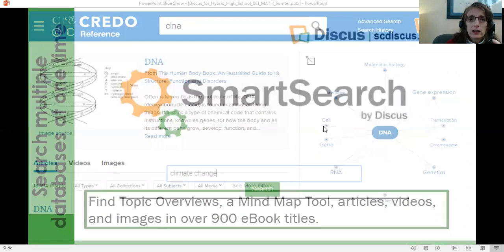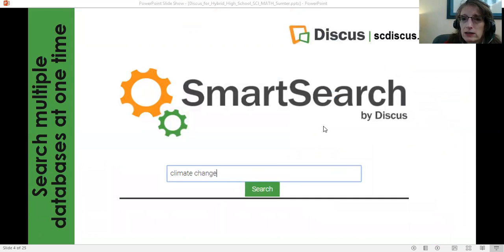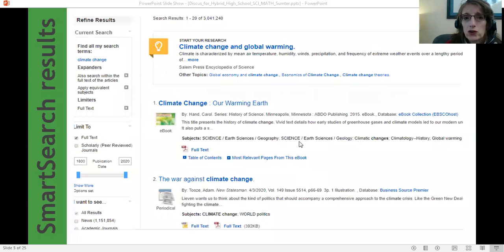We'll also look, in addition to SmartSearch, because I know at your level with sciences, students will be doing background research. They'll be learning about other research studies. Perhaps they'll be needing to gain additional information there. Smart Search actually searches across many of our databases, and we're going to look at those in a moment for you to see. They can either search directly in one database or they can search across several of our databases. Notice this has kind of got a Google-esque search to it. Once the students retrieve